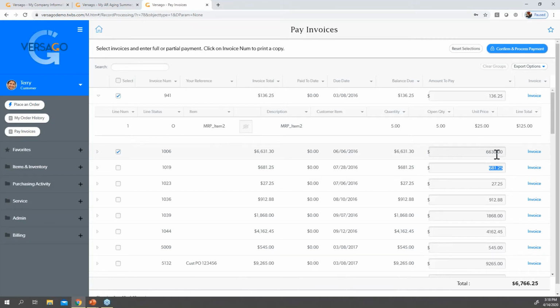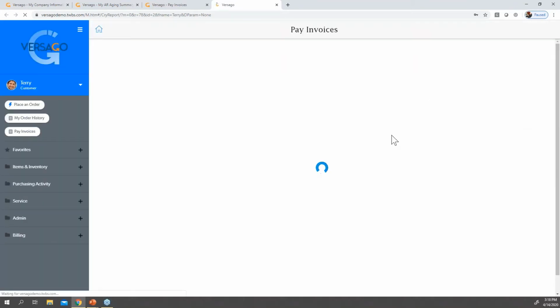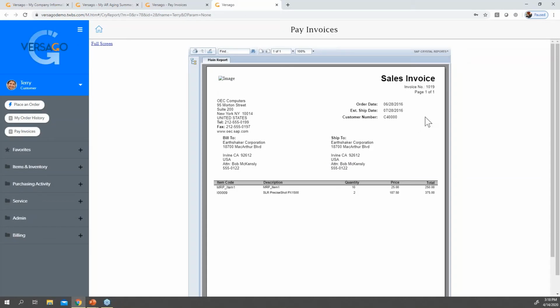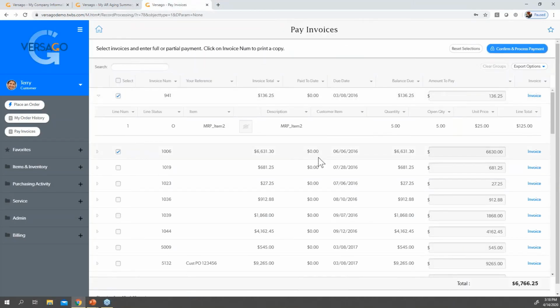If we want to look at a copy of that invoice, or print off a copy of that invoice, or save it down to the server, we can call Crystal Report Runtime. It's going to call out their Crystal Report for them and display the invoice for them to be able to download.